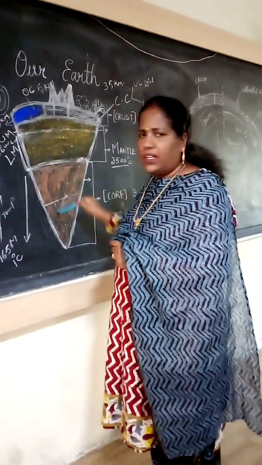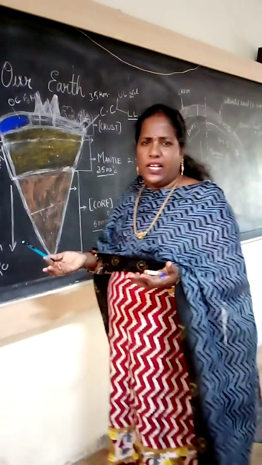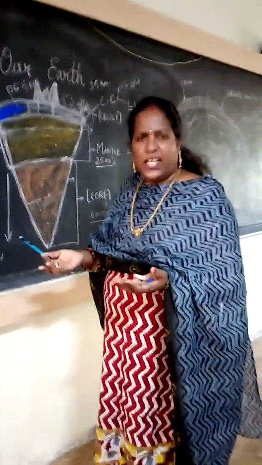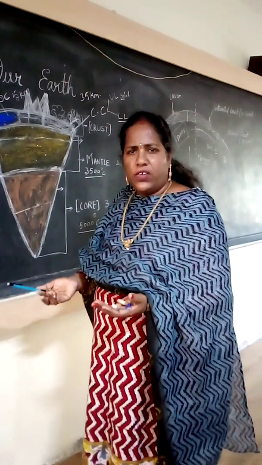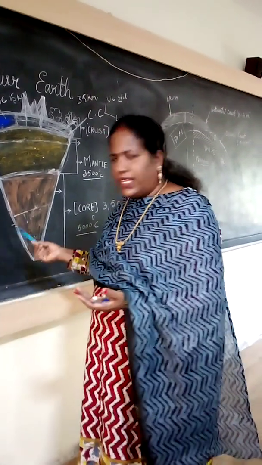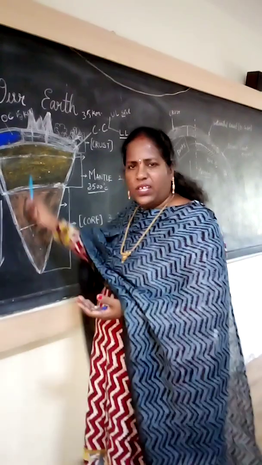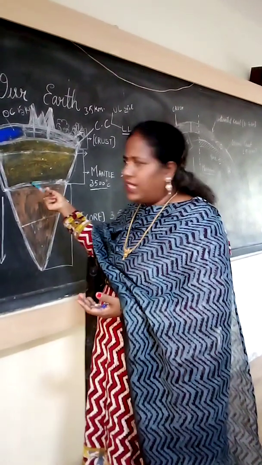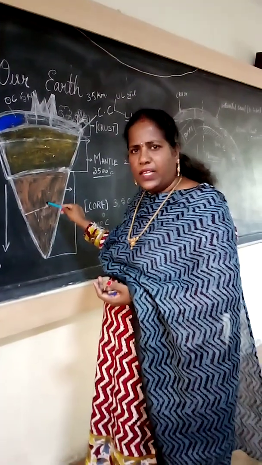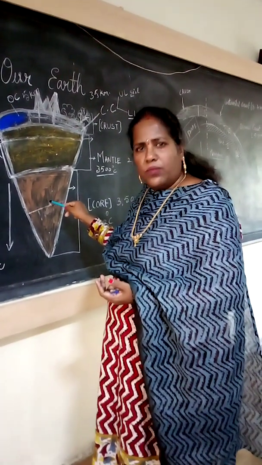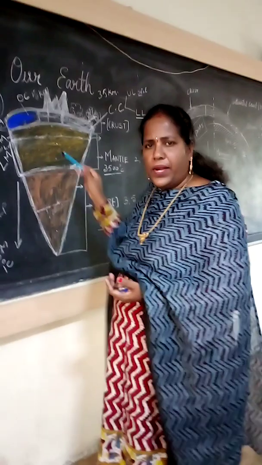When we dig the earth, suppose you are getting water, it is liquid. Where is it? Can you see water inside the earth? No. It is stored in the ground. Groundwater, we are saying. So we are taking from the layers of the earth only. Like that, this is based on the mineral. Water is one mineral. Petroleum. We are getting the petroleum also, no? From the mantle we get the petroleum also.